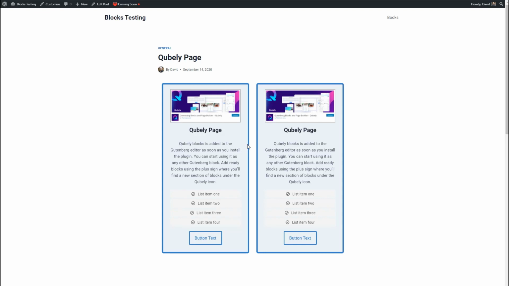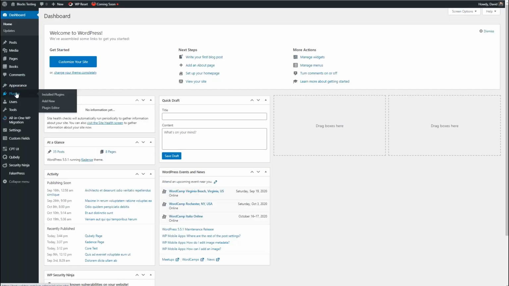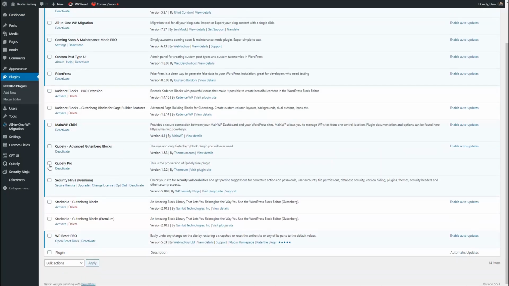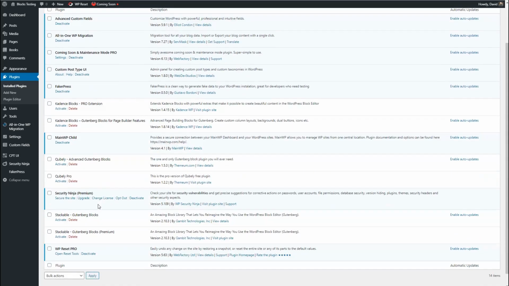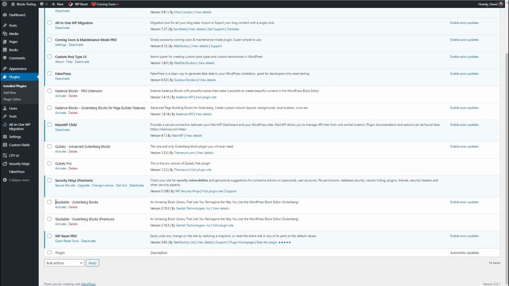Last but not least, let's go take a look at the Stackable version of doing the same thing with Stackable. Okay, I'm going to go back to the plugins and we'll deactivate Qubely. And we'll activate Stackable. Remember, you don't do both, you just do one, and we're going to use the premium